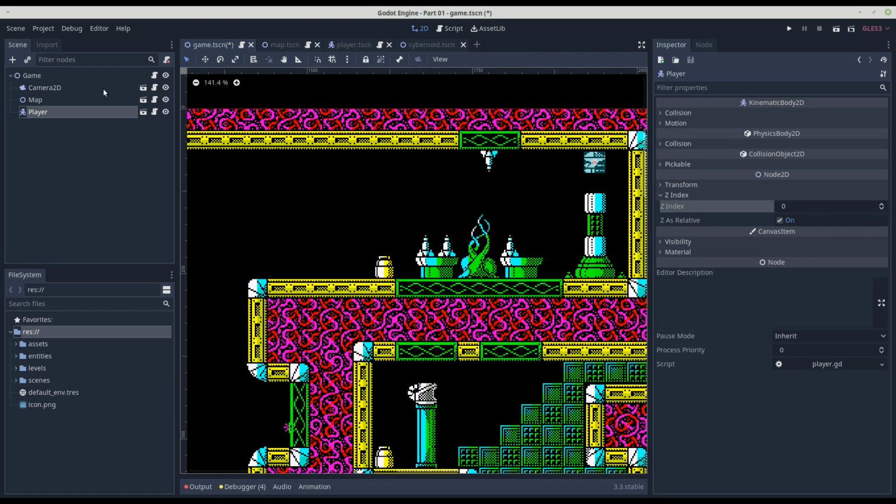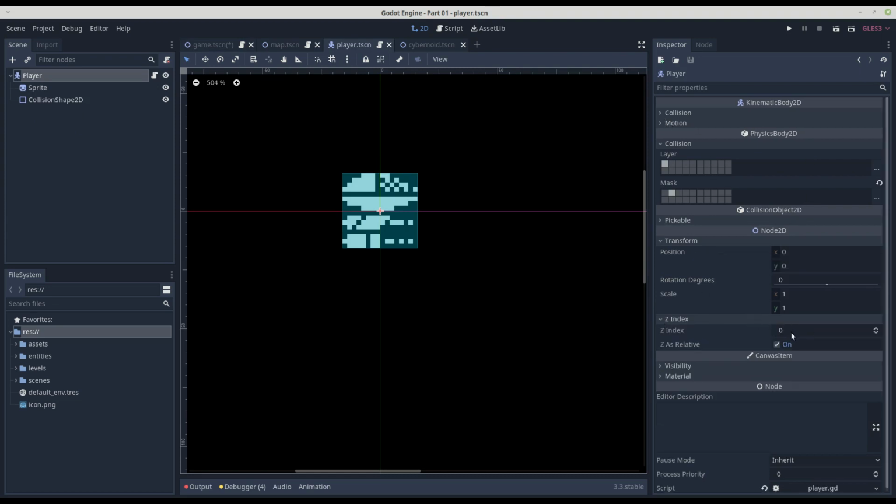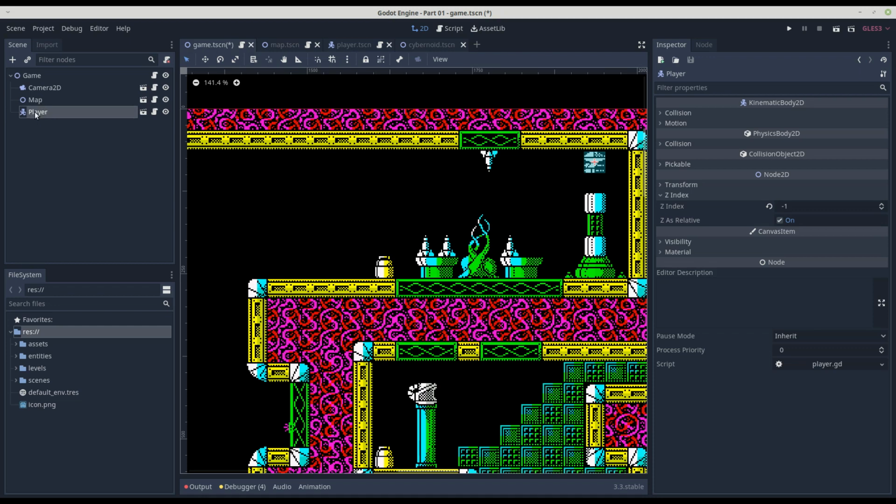Now, one thing to note is when we set these properties here, we are only setting them for the instance in our map. As you can see, this is an instance. So, for example, if we set the z-index to -1 of the player, when we actually go to the real player scene file, you'll see that the z-index is back to 0. And that's because this is the base object, whereas what we modified was an instance, in other words, an instantiation